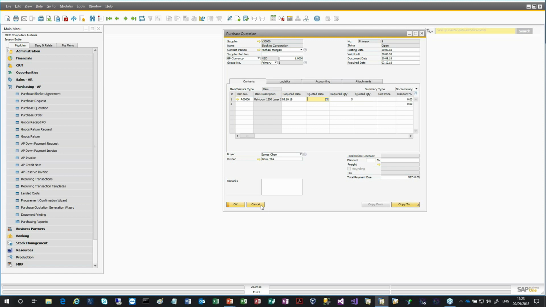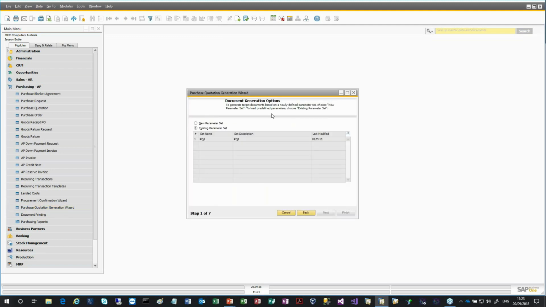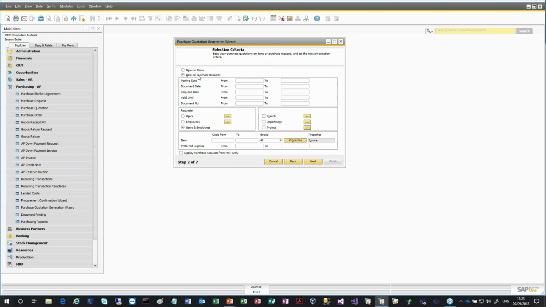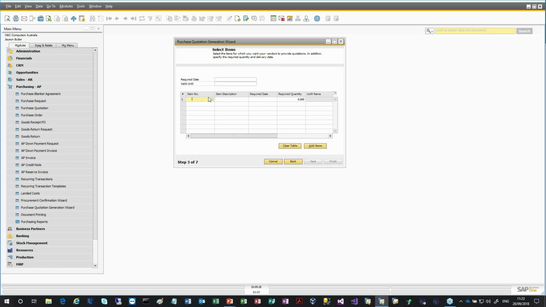There's another method of generating the purchase quotations, and that is using the purchase quotation generation wizard. Now, in order for this to work, you need to have the suppliers already defined at your item level. So I'm just going to create a new one and just show that to you. So I'm going to base it on items. Now, interestingly enough, you could also base this on purchase requests that you've received from your staff. So you could put that out on tender or out on contract and send it off to multiple suppliers to quote. In this case, I'm going to base it on an item and